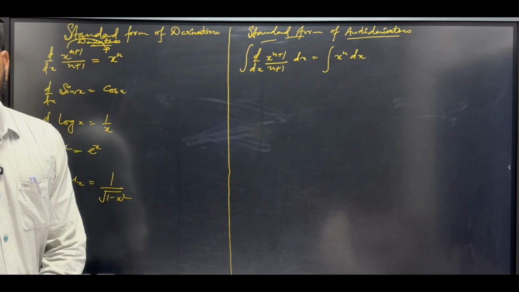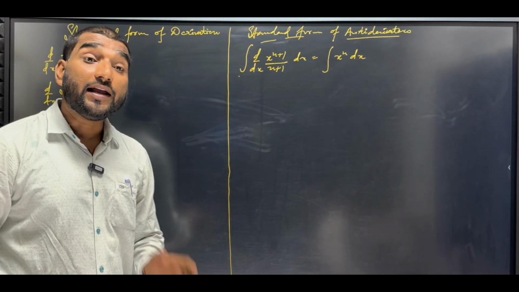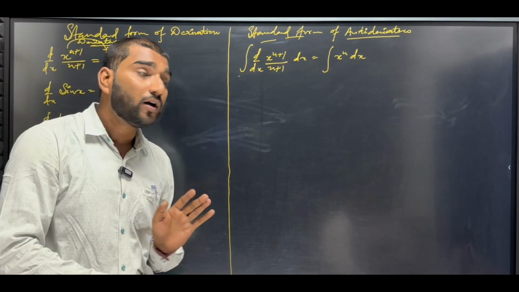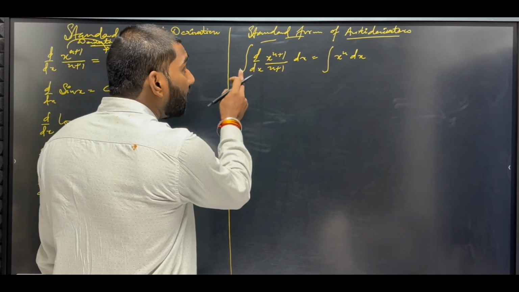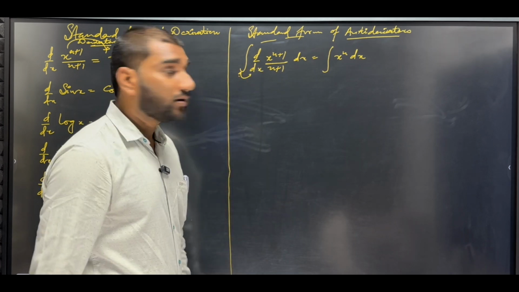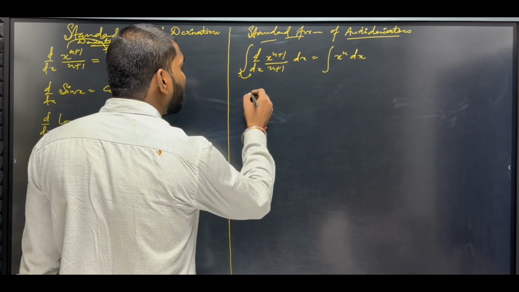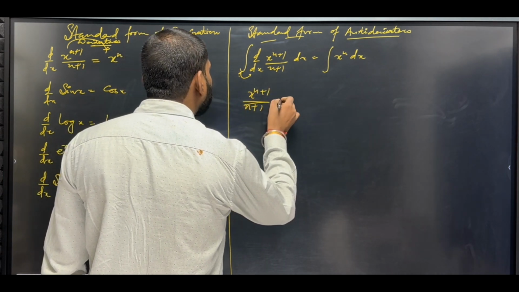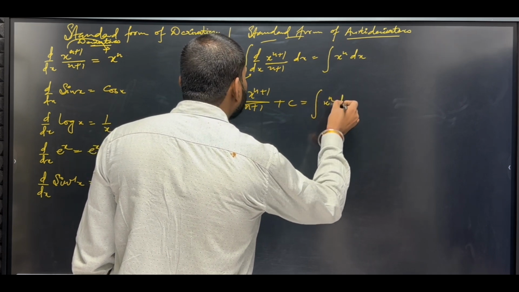That is called antiderivatives. Why? Because this sign represents integrate. Integrate means add up. The splitting function can add up, and that is called antiderivatives. Sir, what is the term for this? This is the add up and this is the splitting part, which can be cancelled out, then we can write x to the power n plus 1 by n plus 1 plus c is equal to the integration of x to the power n dx.